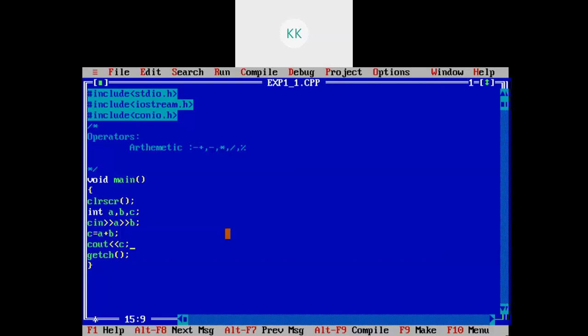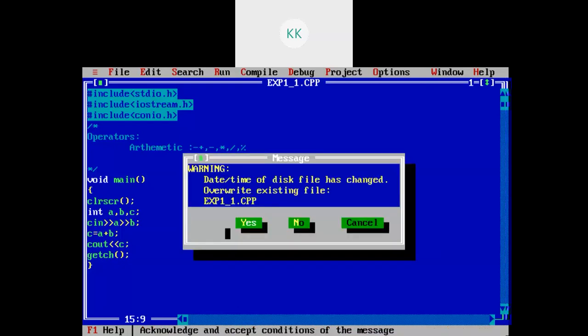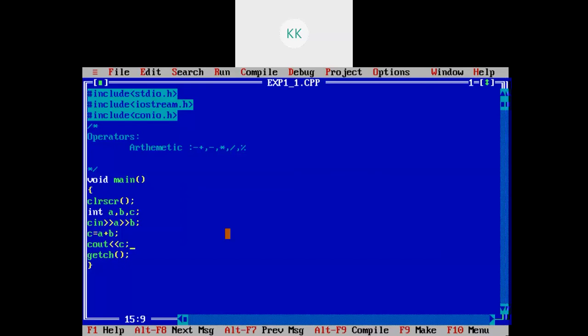We will try to run it and then we will see what happens next, right? So I will save it again by using F2, then alt F9, control F9. Okay, so it stops here, no message is there. As I know, I need to enter two variables, that is a and b, right? So it will give me the addition. But in this program, we are not prompted for the input and we don't know what the output is.